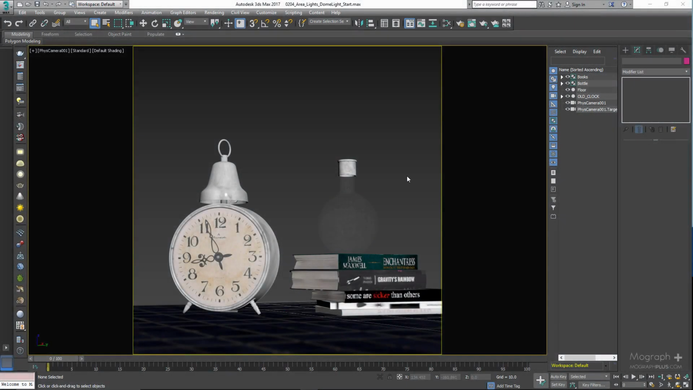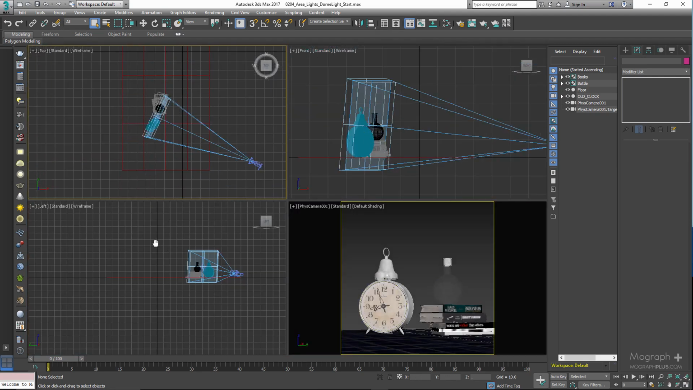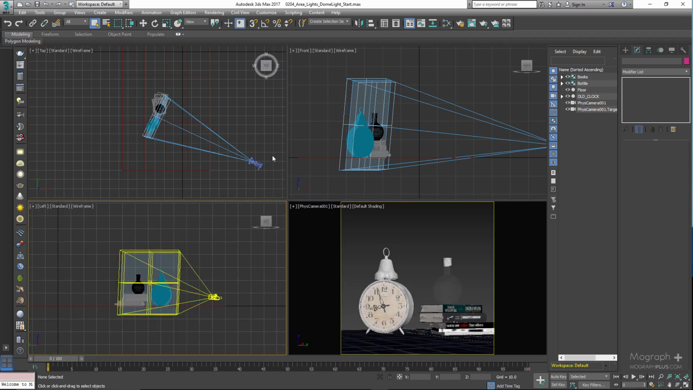In this lesson, we talk about another V-Ray light type, which is Domelight. Domelight is often used for image-based lighting or IBL. In this popular lighting method, you take a high dynamic range image or an HDRI and use it as your